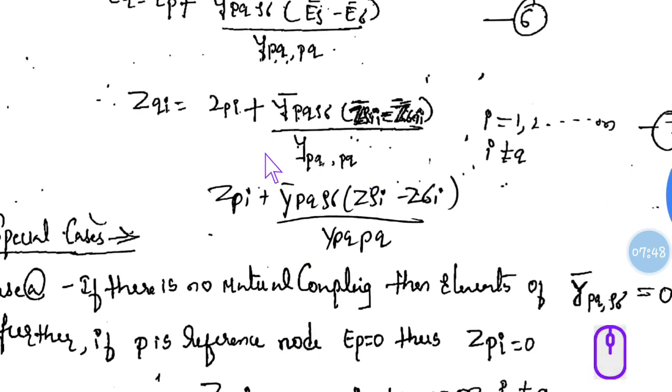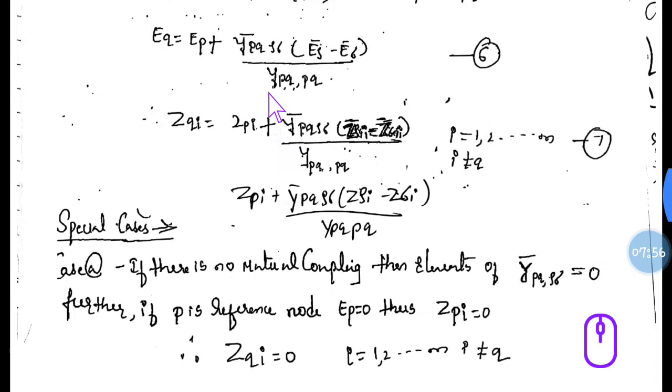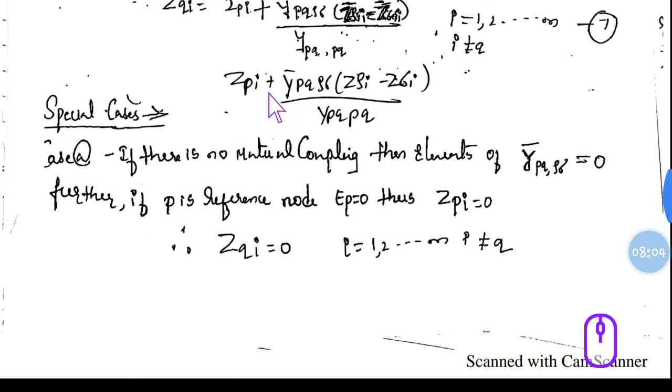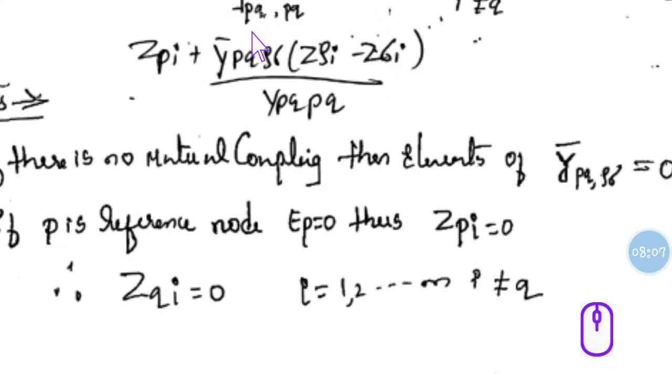So this is the main derivation of addition of branch for the off-diagonal value Z of Qi. Whatever derivation we got is with mutual, but whatever problems we are doing are without mutual, and you have to write the cases. The equations you will get in two cases are without mutual coupling, with reference and without reference. Both cases are without mutual coupling. Two cases you have to form here everywhere, and those cases only you have to use while doing problems.